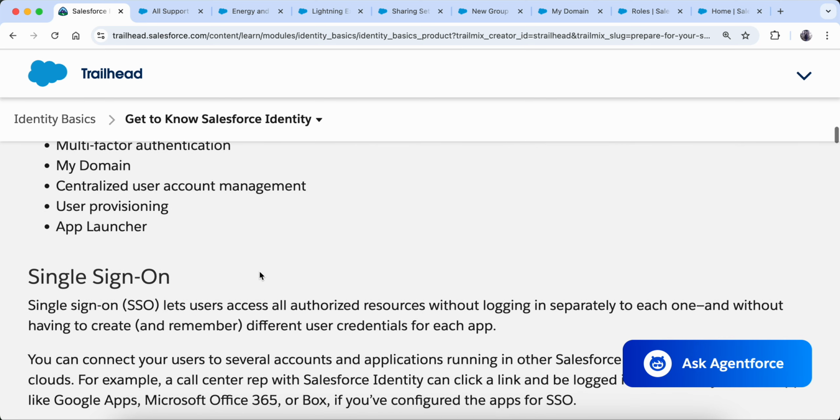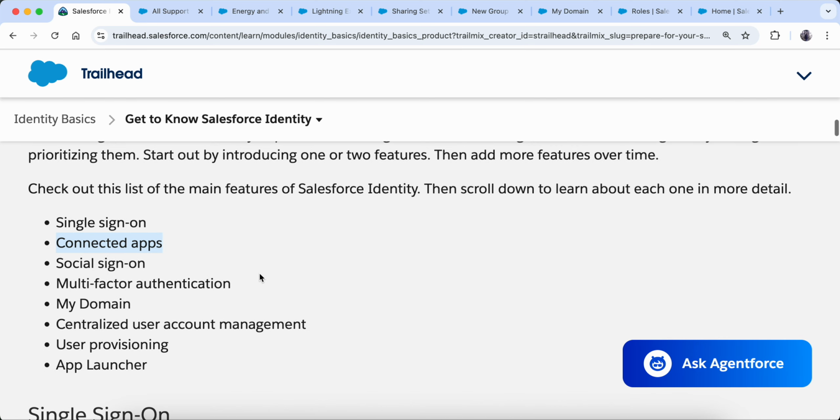So this topic is important, so just go on Trailhead and study. This is all theory. I am going to explain what they mean by each of these, but in a very brief form. Okay, so let's go with single sign-on.